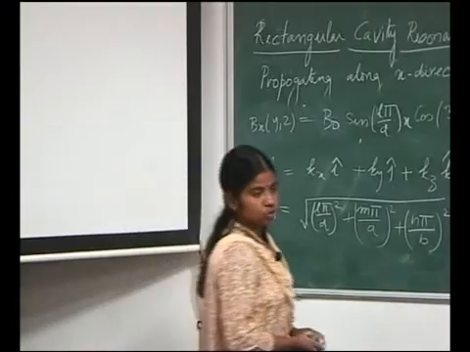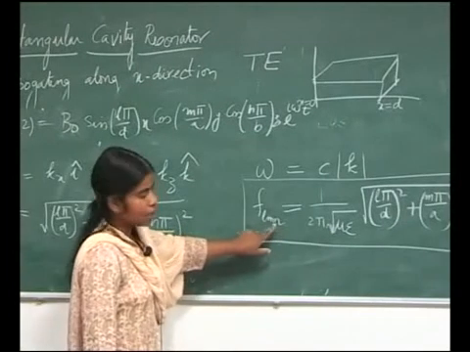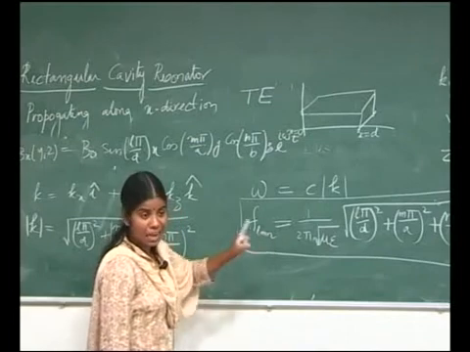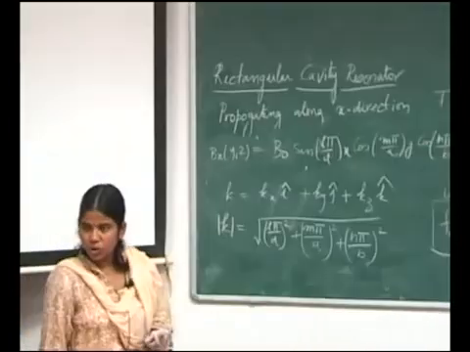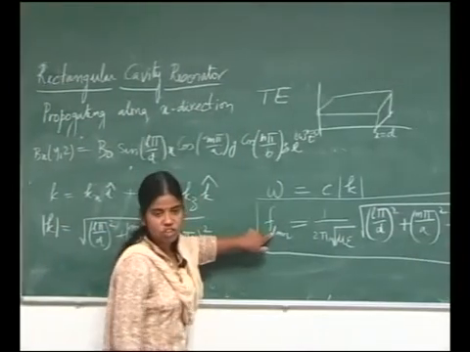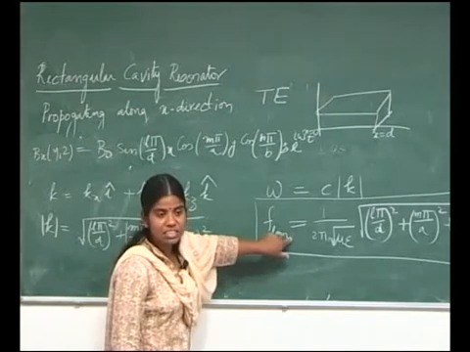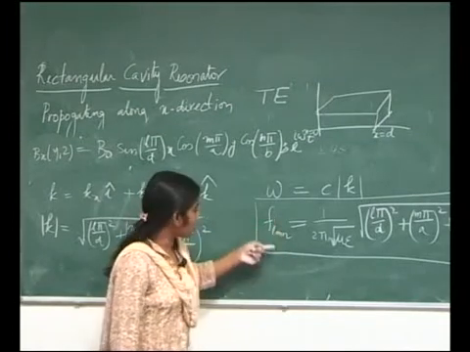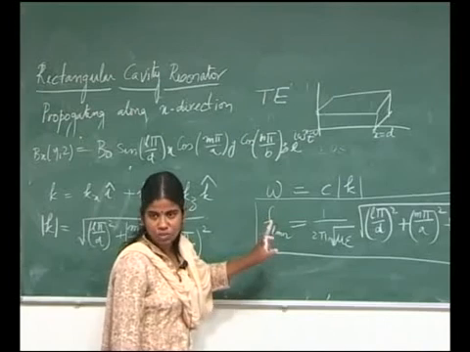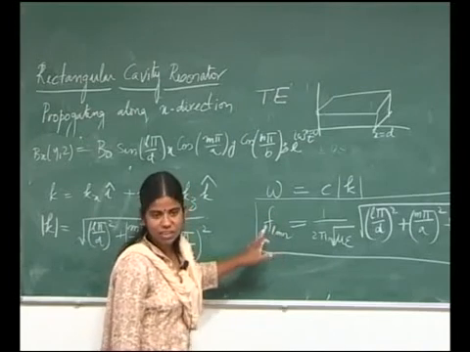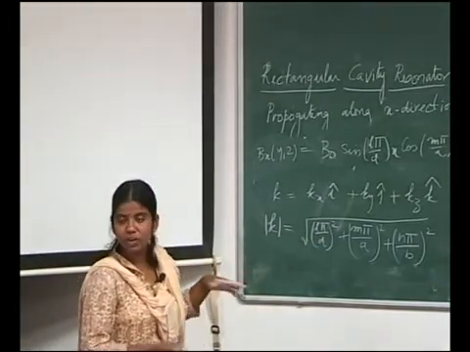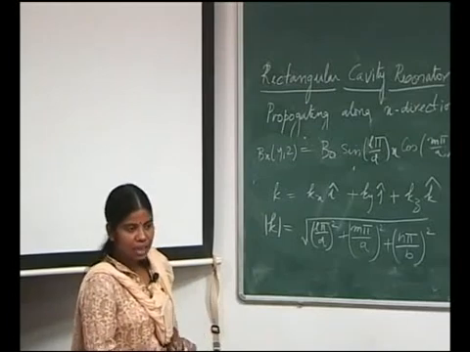So, now you can choose your LMN the way you want to. Okay. And do not keep both m and n simultaneously 0. Do not put the same condition which we had in waveguide, because if L is the direction of propagation, then the other two indices should not be 0 simultaneously. If x is the direction of propagation, then m and n should not be 0 simultaneously. If m is the direction of propagation, then L and n should not be 0 simultaneously. Okay. So, you should always follow this, because otherwise there will not be any propagation, you will not be able to propagate any mode within the waveguide.